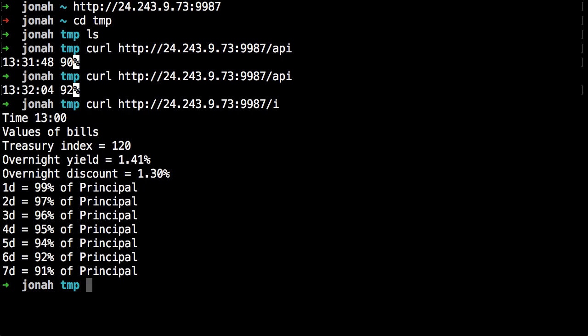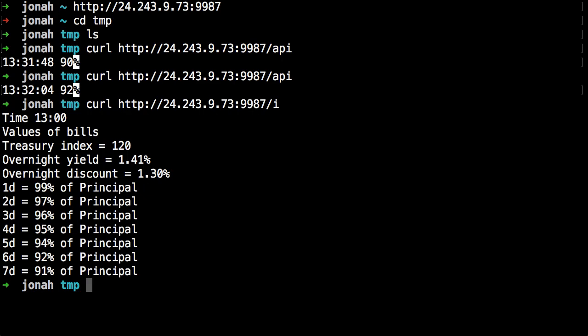So that's kind of cool. The overnight yield and the overnight discount are both calculated based on the treasury index, and below the overnight discount you can see the values